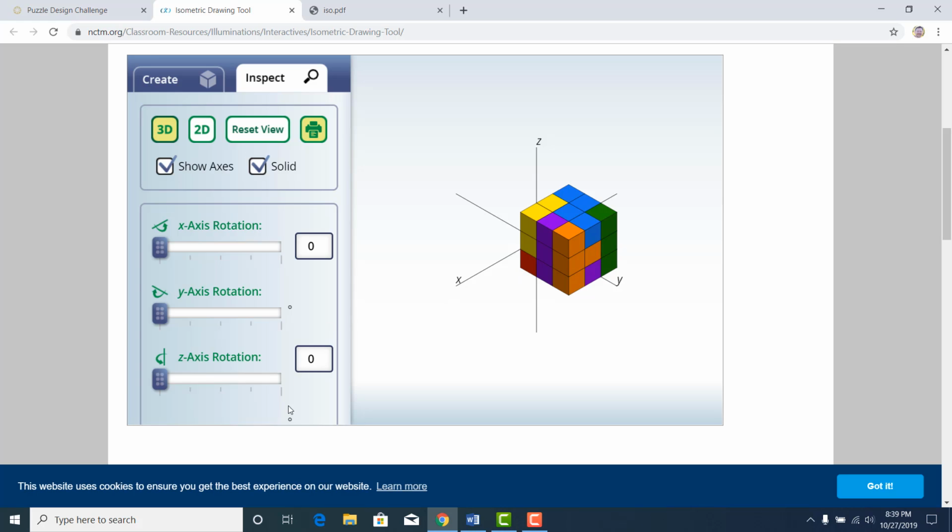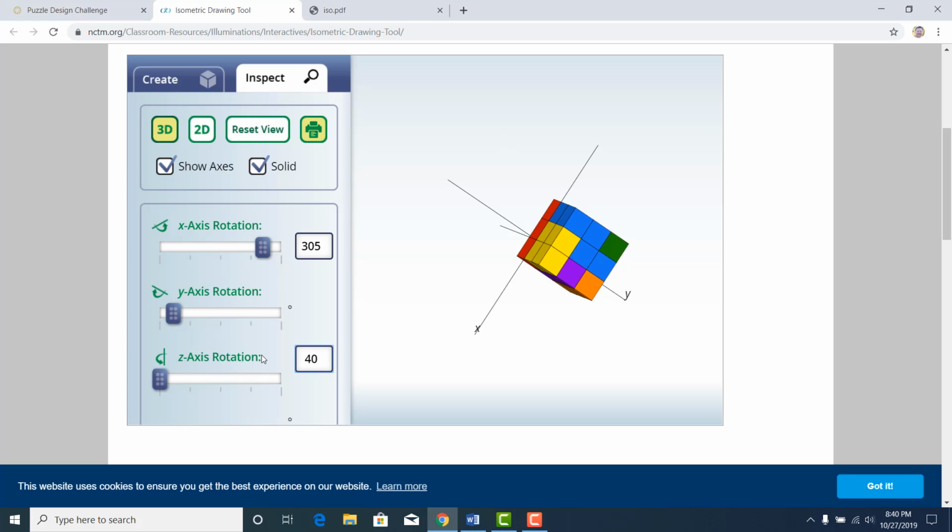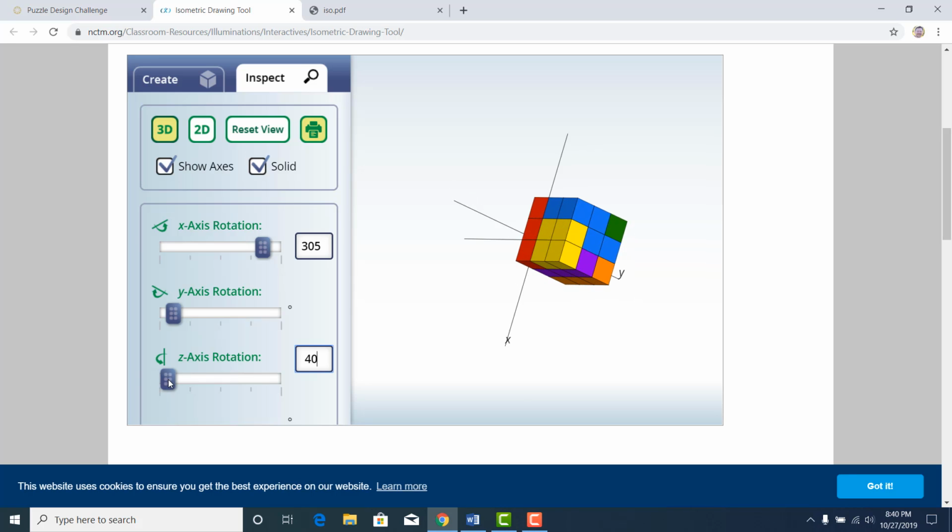So I'm not quite sure why, but I have the ability to enter information in for the X, information in for the Y, but nothing in for the Z. So I'm going to give you two numbers here. I want you to put in 305 for the X, and then down here for the Y, I'm going to have you enter 40 and hit enter for that one. And then take your Z axis, and I want you just to drag this around